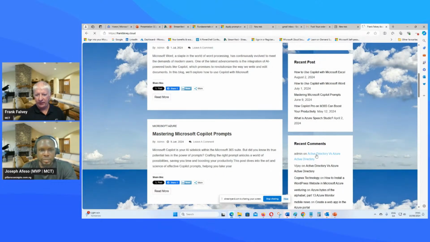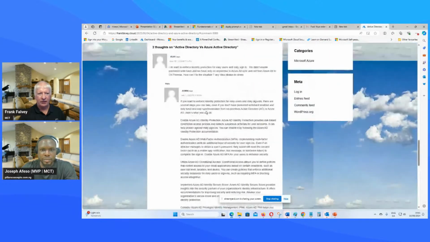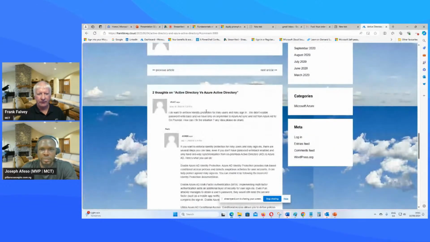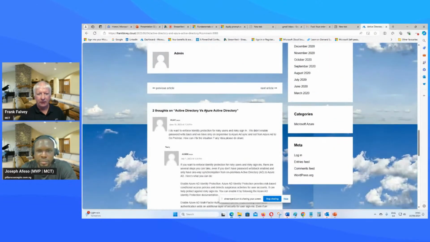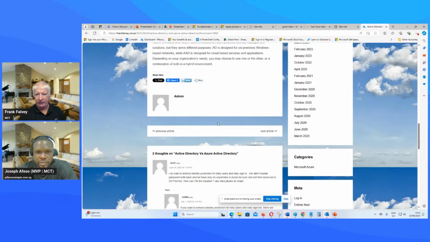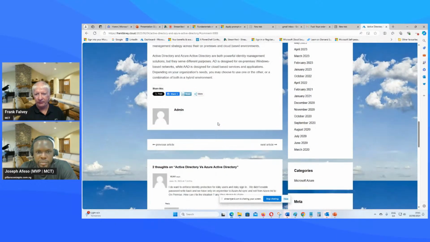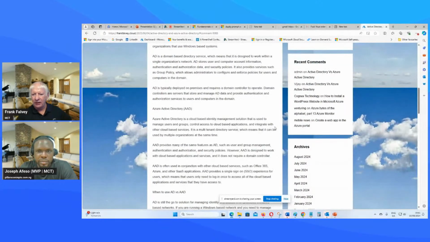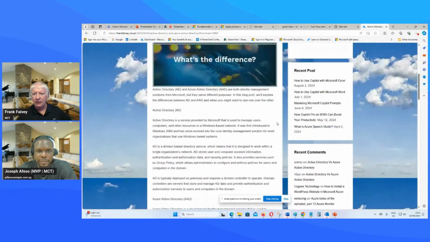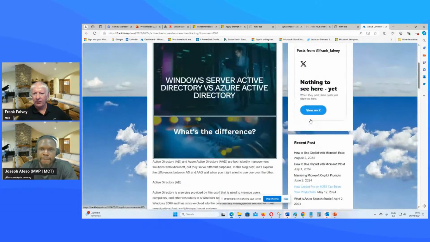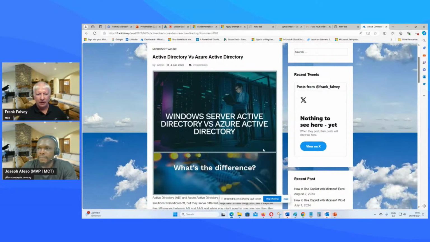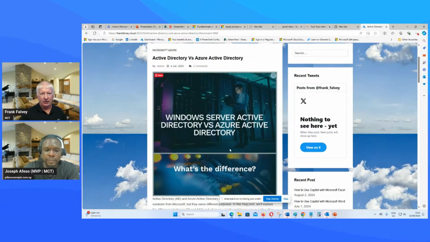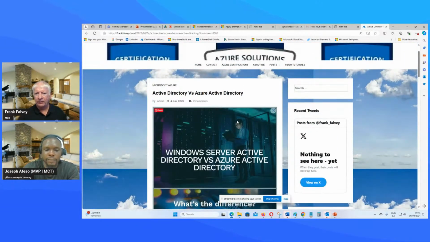If you want to see the difference, here is the Azure Active Directory, that's not the Entra one now. I thought it was the Entra one, but no, this is Active Directory versus